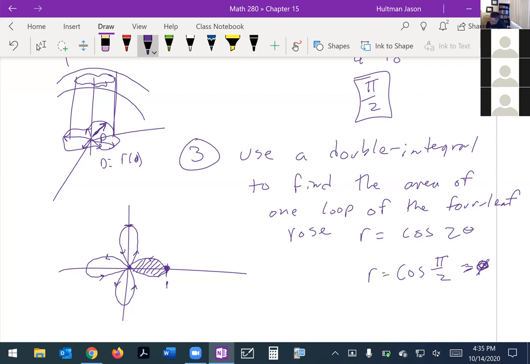If I do cosine of pi over 2, I would get 0. But I have to multiply something by 2 to get pi over 2. Well, what would I multiply by 2 to get pi over 2? How about pi over 4? So the cosine of 2 times pi over 4 has to be 0. So the top half of this petal, we call it a petal because it's a petal of a rose, right? The top arc is going to go from 0